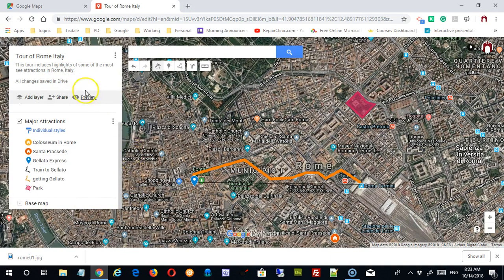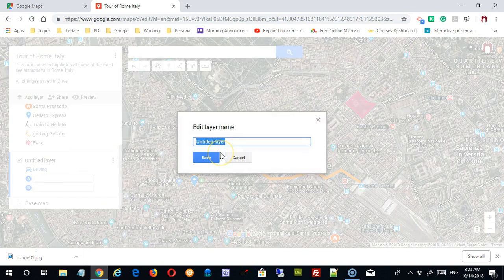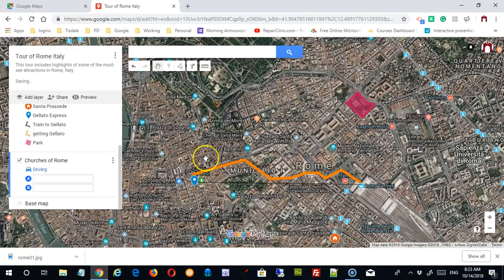Okay, so now we're going to talk about adding layers. Now I could just click the Add a Layer button here, and that would make a lot of sense if I was going to just add a separate grouping of attractions, but I'm going to try it up here. So I'm going to say Add Directions from the link up there. Notice what it really did was it added a layer, a separate layer, because these driving directions can't be in the same layer as these points. They have to be two different ones. I can start by renaming the layer. Okay, and so I've renamed it, and